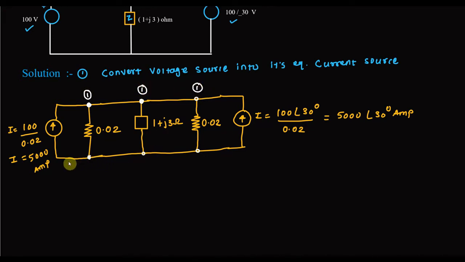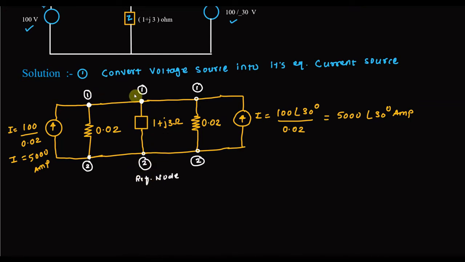Okay, similarly you can see the same up to the bottom point. I will say this is the second node, this is also the second node, this is also the second node, but you can see that there is no element between these two nodes, so all these are the same. Okay, so ultimately there are only two nodes, 1 and 2. So what I am considering is that node number 2 is the reference node. We have seen that out of the two nodes we have to consider one as the reference node.